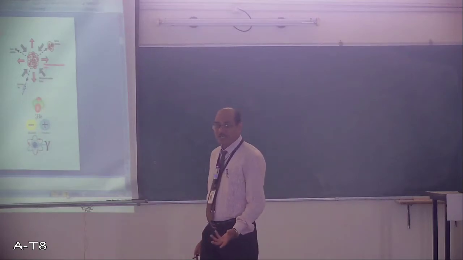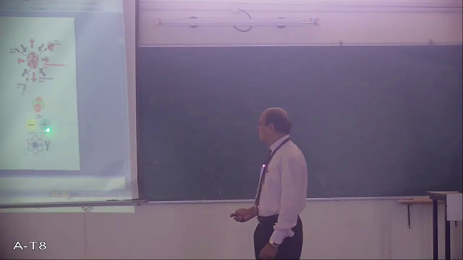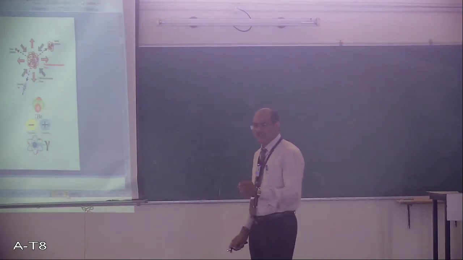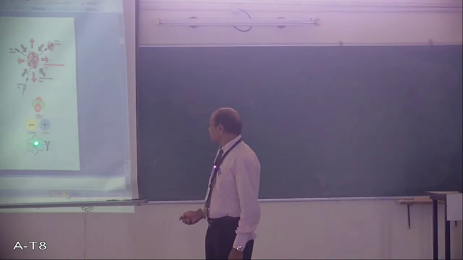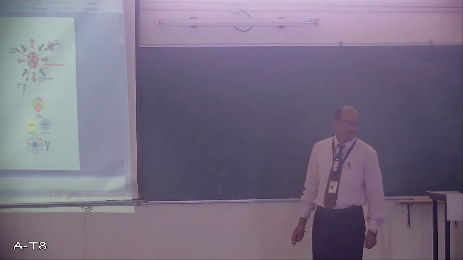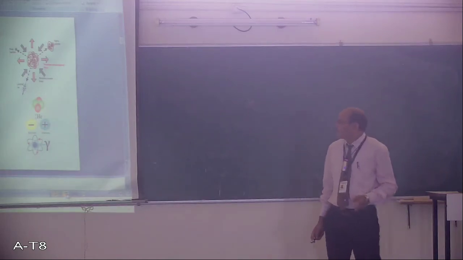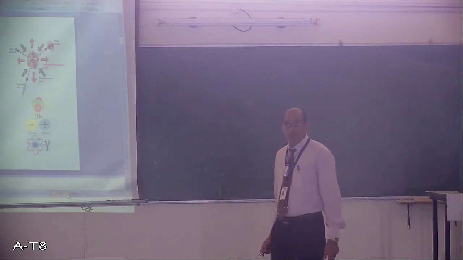And sometimes in certain radiations, a beta particle may be emitted. A beta particle is nothing but an electron or positron. So here electron may be there or positron. A positron has a positive charge, but the mass, everything will be the same, same as the electron, but its charge will be different.